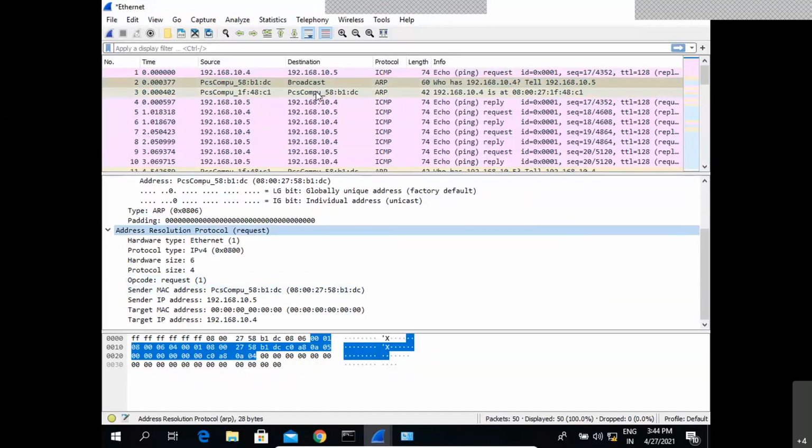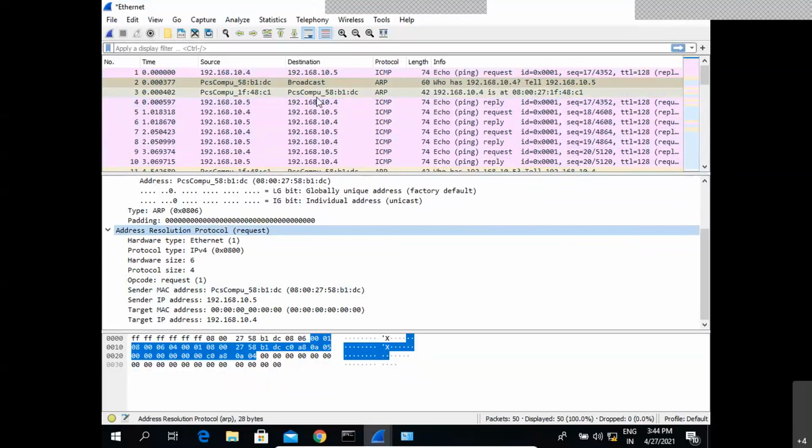Again, we can see all the header parameters that are available in the ARP protocol. The first one is the hardware type. Because we are using Ethernet, it belongs to Ethernet. Next one is the protocol type, because we are also using the IP address as part of this communication. The protocol type belongs to IPv4. That means it is a 32-bit addressing mechanism, and that is where it is IPv4.